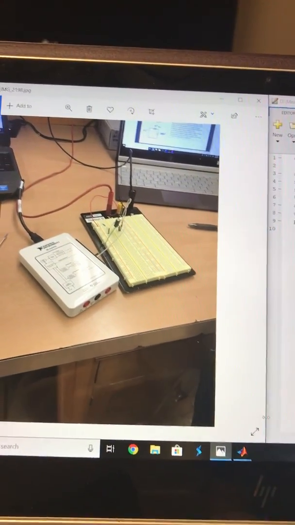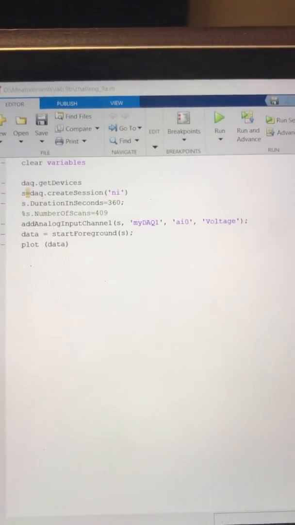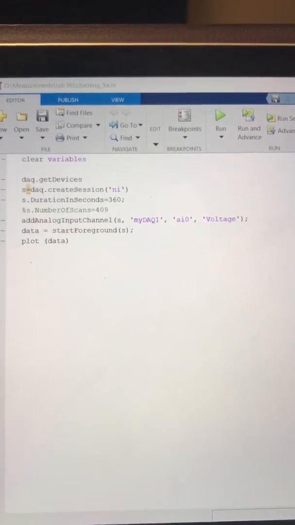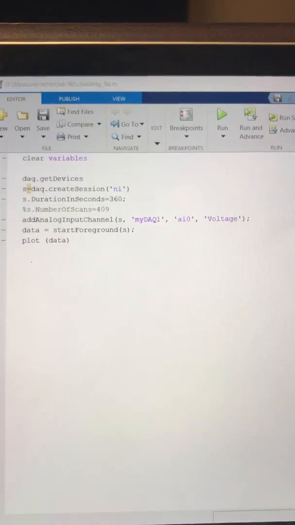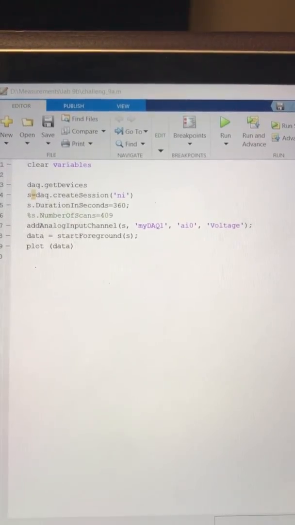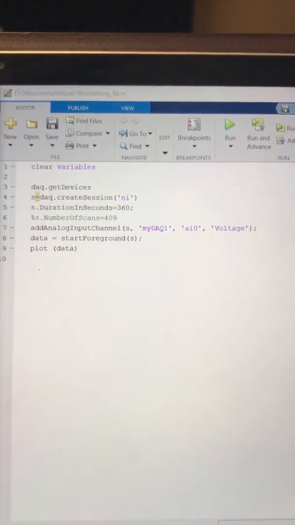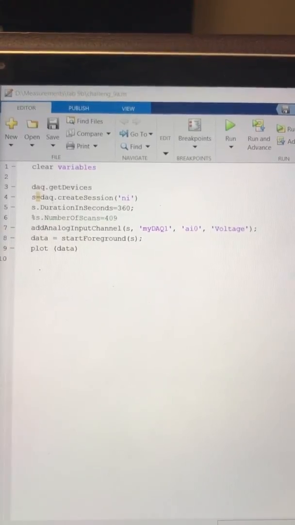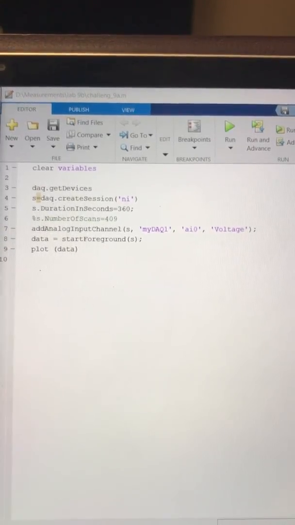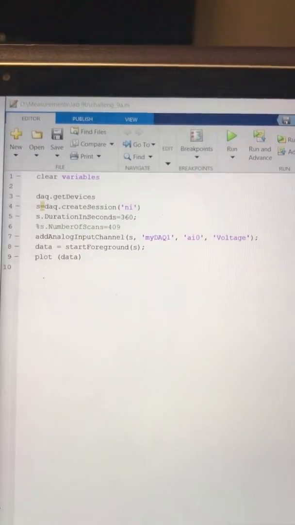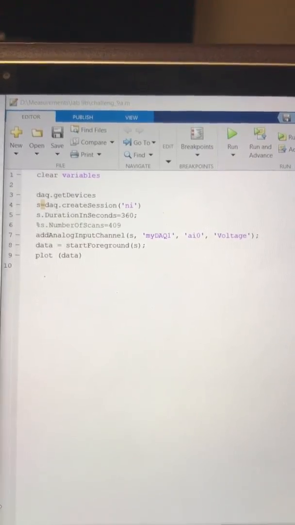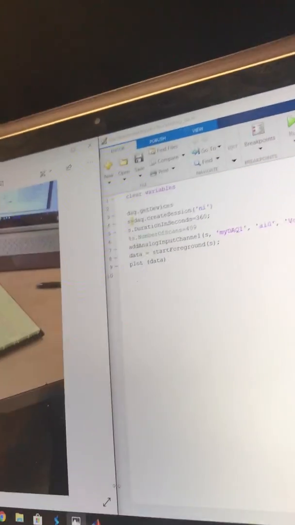So the program itself is fairly straightforward. It just involves getting the devices that we use, the MyDAC itself, and creating a session with a certain duration, so it would take measurements over time, and then actually adding that analog input for the measurements. And then we set it to plot the data that we got, which resulted in